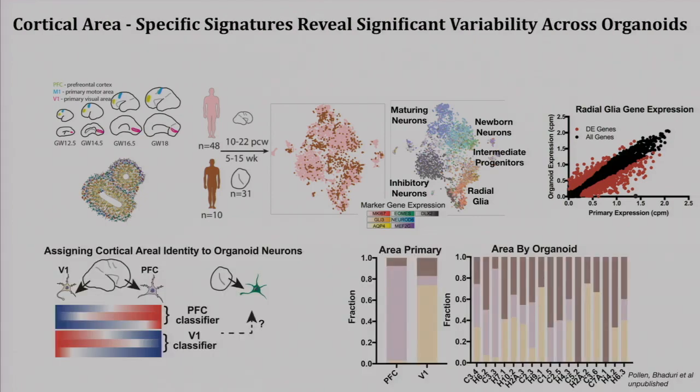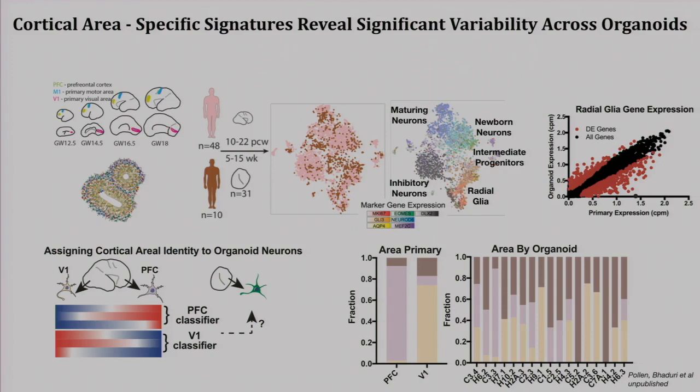We also asked whether we can use some of the markers identified from normal developing brain tissue for regional identity, and whether regional identity is recapitulated in an organoid model. By taking genes differentially expressed between different areas, we can use them as a classifier to assign a regional identity to excitatory neurons derived in an organoid. As you can see over here, the prefrontal cortex excitatory neurons are assigned quite well. These are primary. The classifier works very well, and quite well for the visual cortex.